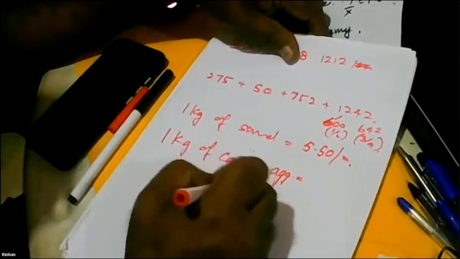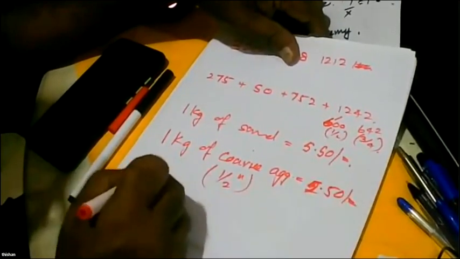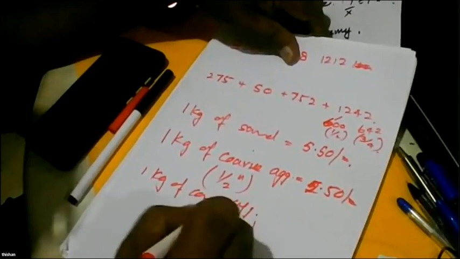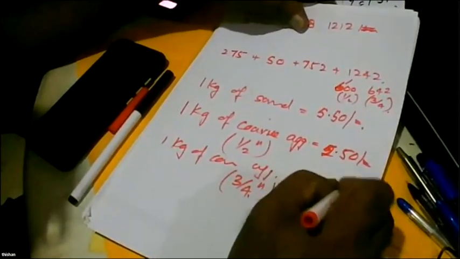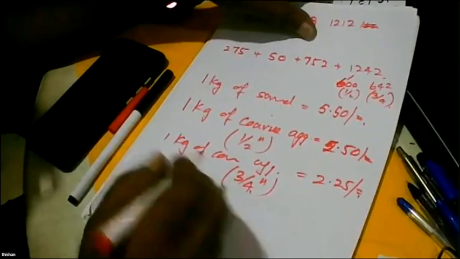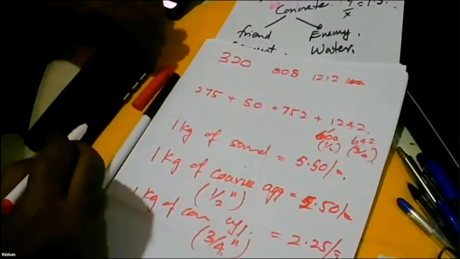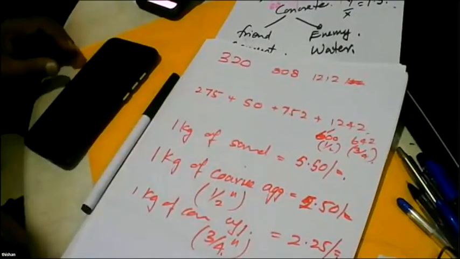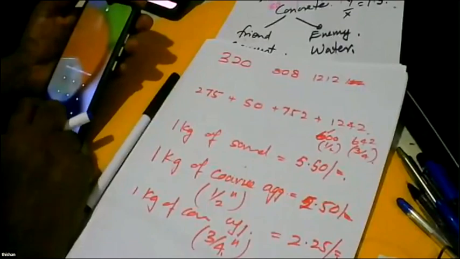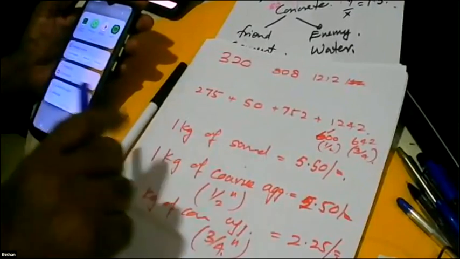What is the price of 1 kilogram of sand? 550. What is the price of 1 kilogram of coarse aggregate? Half-inch aggregate is 250. Coarse aggregate 3/4 inch, what is the price? 225. And then sand, all are available. Now I'm going to find the cost, and for that I'll use these values and the mixes. And aggregate cost will be pretty similar because the cementitious material quantity is the same. So per meter cube, the cost will be